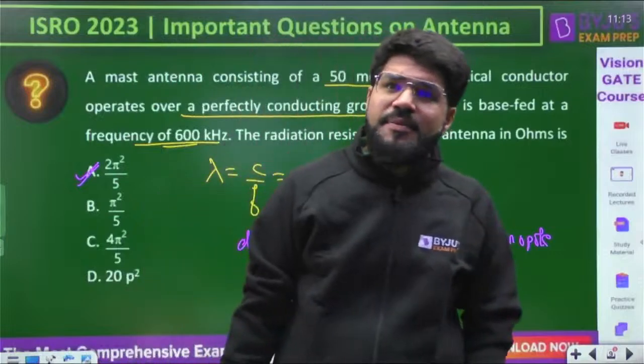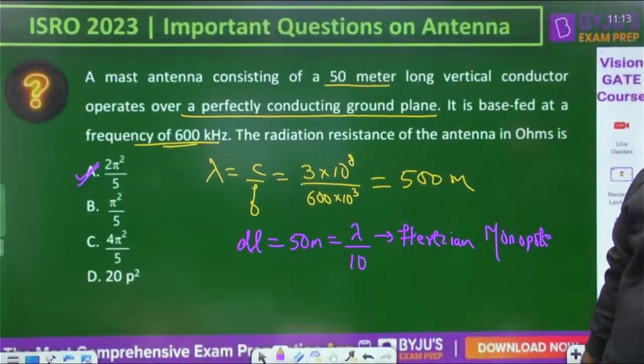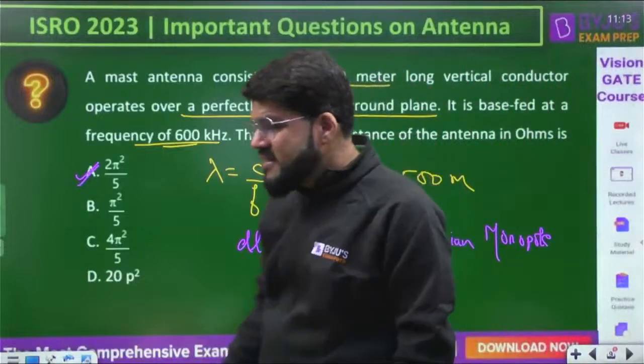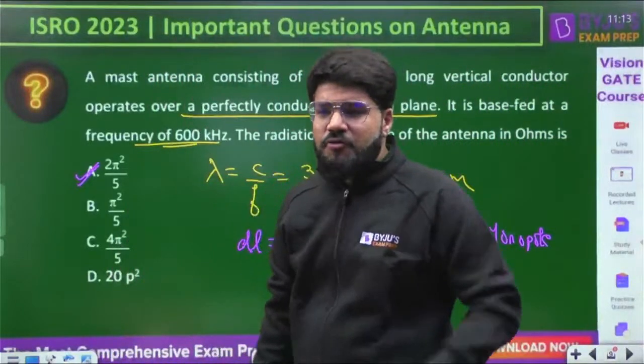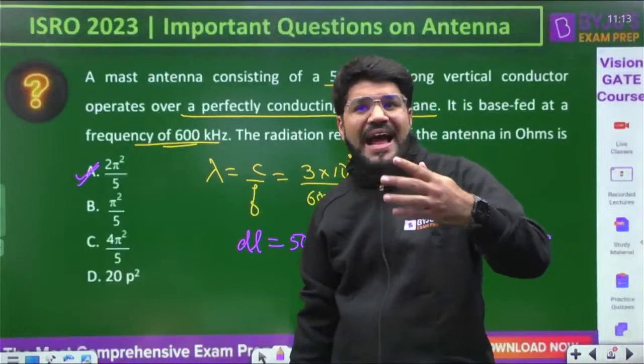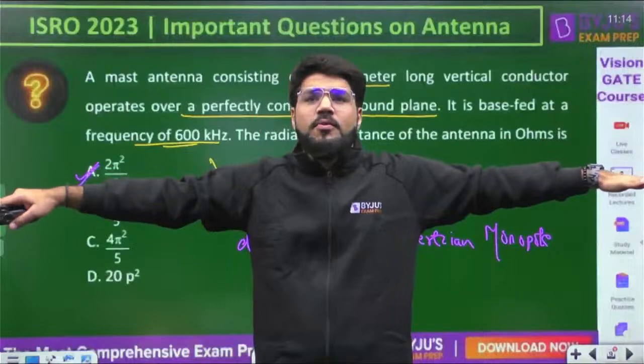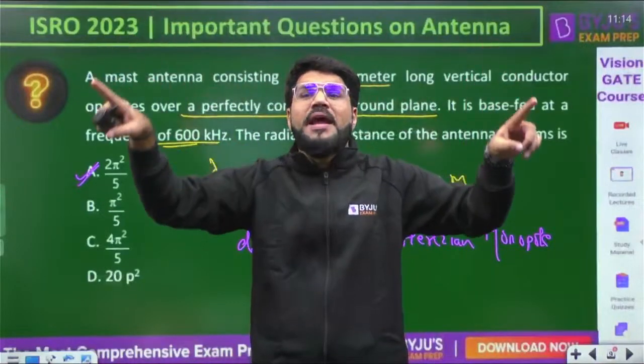No, we consider the image while deriving it. Definitely, Kumar, we consider the image while deriving it. But why is the radiation resistance half, Kumar? Because, of course, the image of the source is taken to solve the problem, but actually there is only a single source radiating above an infinite ground plane. So radiation is only in the upper hemisphere.